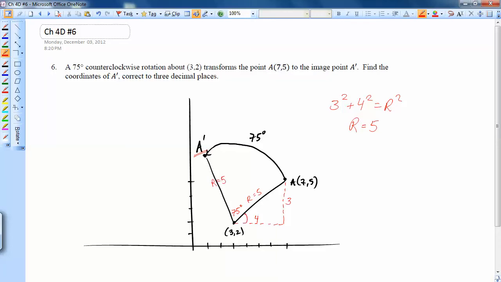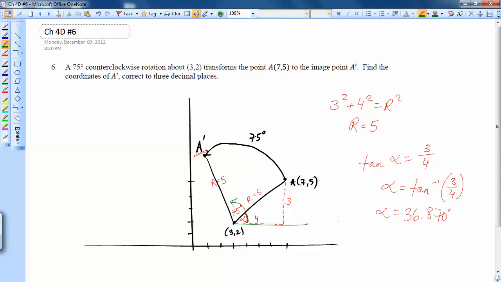I can solve for this angle right here. So I'll call that alpha. And I know tan alpha is opposite over adjacent using right triangle trig. So tan inverse of 3 over 4 is my alpha, which comes out to be about, what is that? 36.870 degrees. And you know that the amount that you've rotated by from a horizontal line here is alpha plus